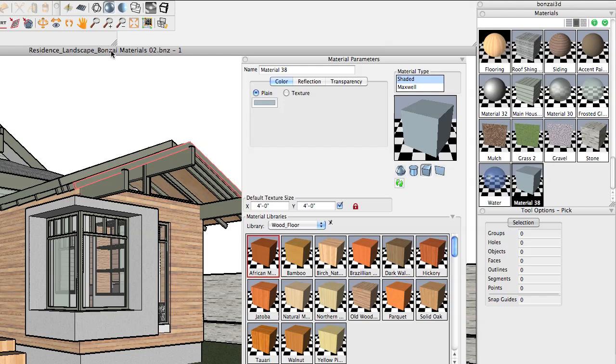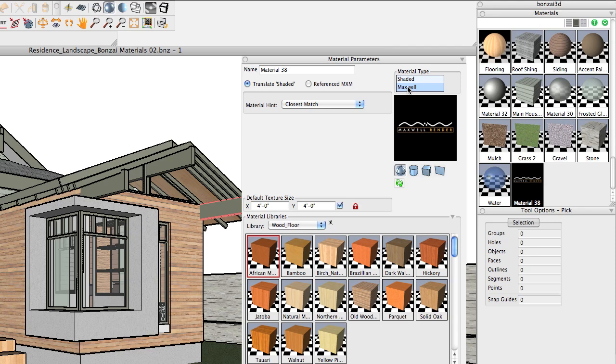Like that. And again, I'm going to switch this over to the spherical preview, and it looks like kind of a basic plastic in this preview, because that's what Bonzai is capable of showing us in OpenGL. I'm going to switch over to Maxwell, and again with the material hint, right now it's just using closest match. So if I refresh the preview here and replace the thumbnail, you can see that based on the